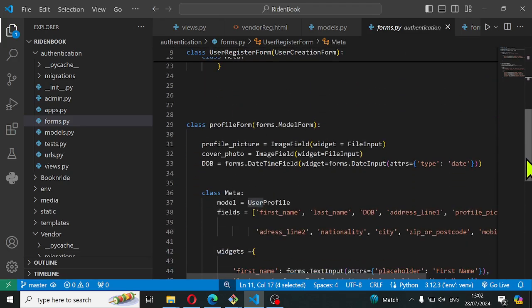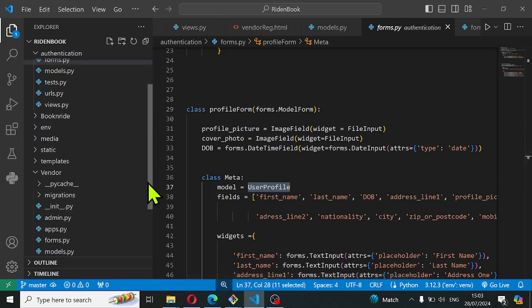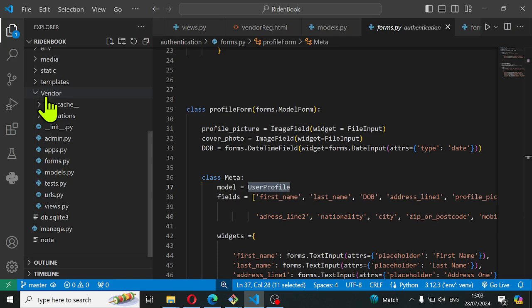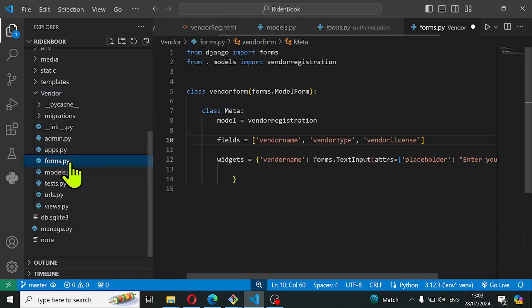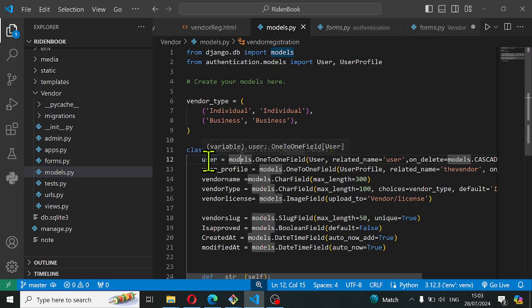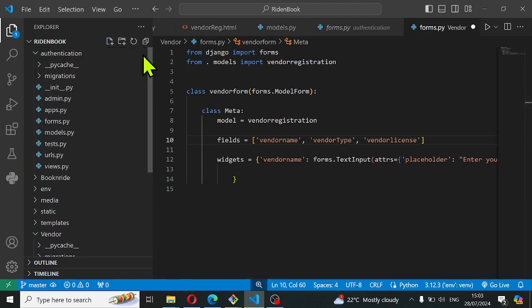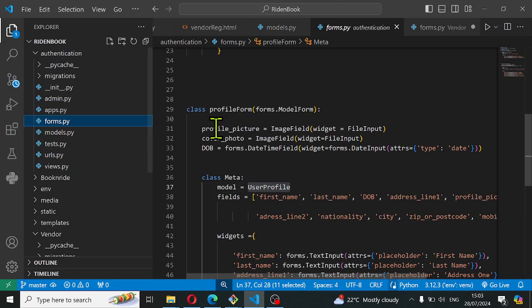And we also created another form which is called profile form, and the model it's using is a user profile form. Now, going back to our vendor app and forms. Now, our vendor app, then models.py. So in this form that we are creating for the vendor, we will also use these forms that we created for profile form and